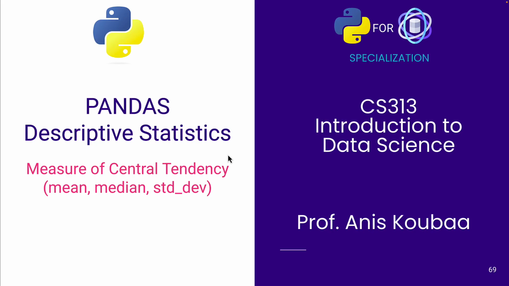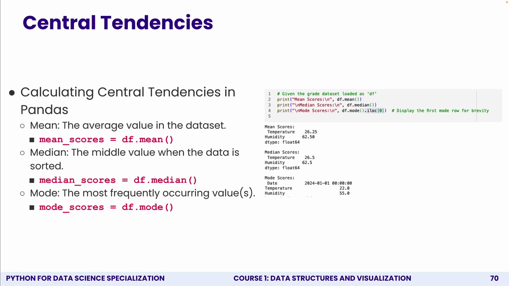Okay. So the first type of descriptive statistics is actually the mean, the median, and what we call the central tendency. And it's pretty much simple. If you want to find the mean, you just do df.mean, and this is now applied on the weather data. So sometimes I do examples from the weather data set, and sometimes I do examples from the grade data set. So here I take the weather data set, and you can see, for example, df.mean, it will be able to